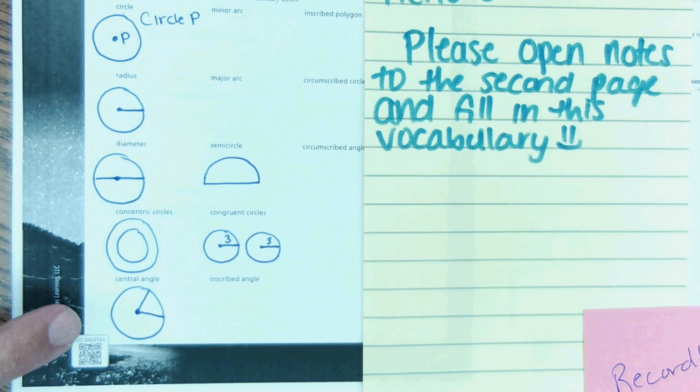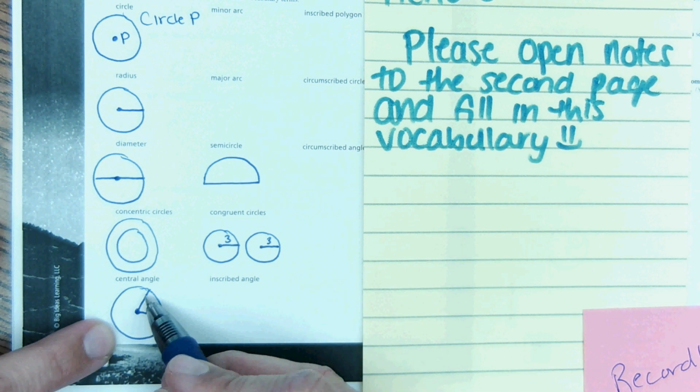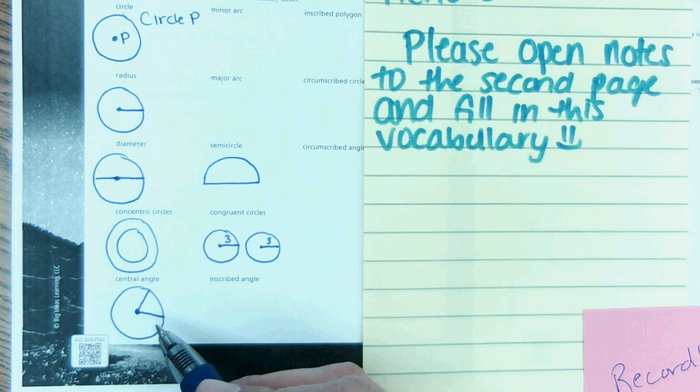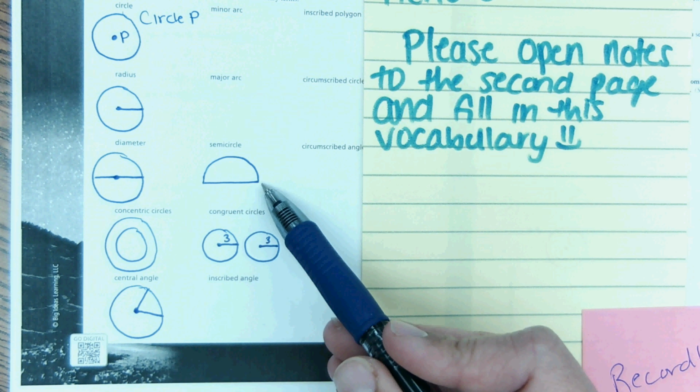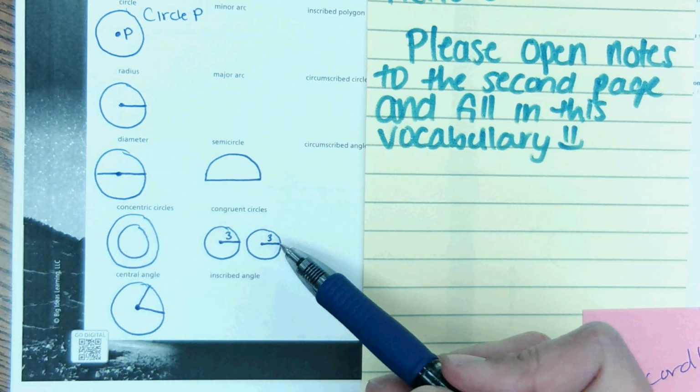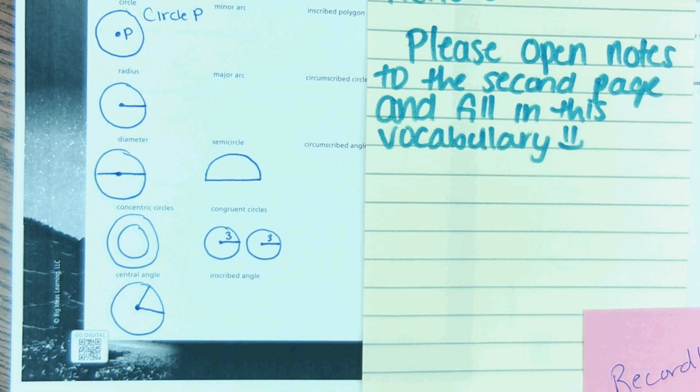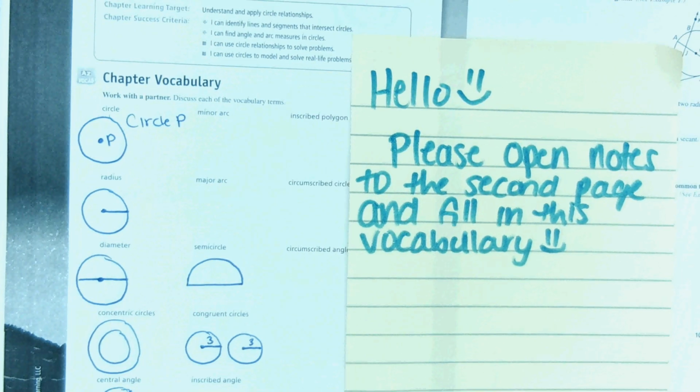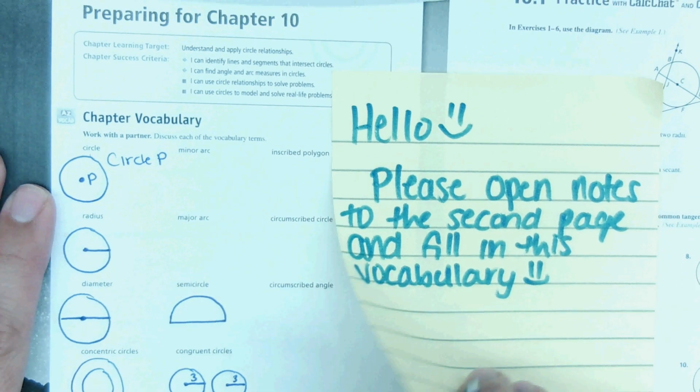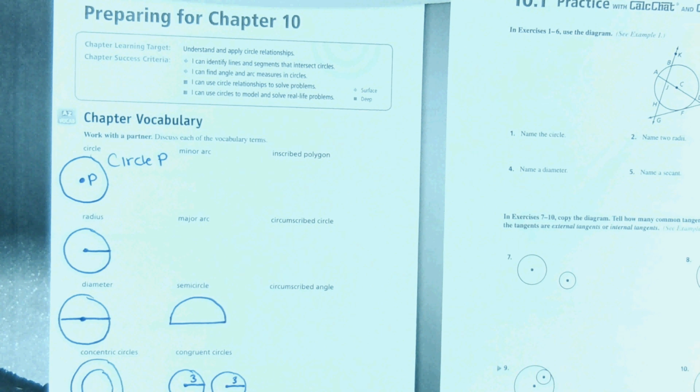Central angle, that is an angle in a circle that comes from the center, so that would be central angle. Semicircle is half a circle, and then congruent circles are the exact same shape, size, and dimensions. So the other ones I was assuming would be probably a little bit newer to you. This whole chapter is based on circles, but there are a lot of new concepts that you haven't seen in